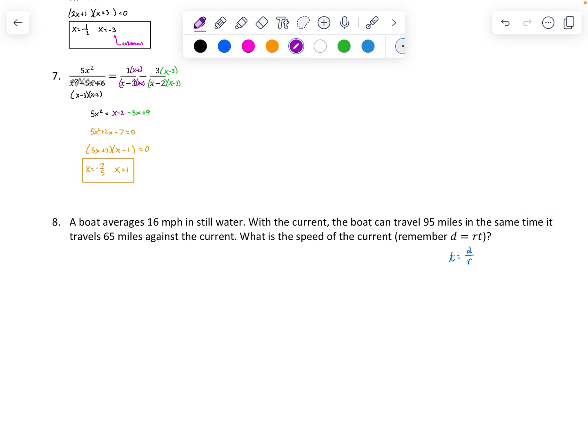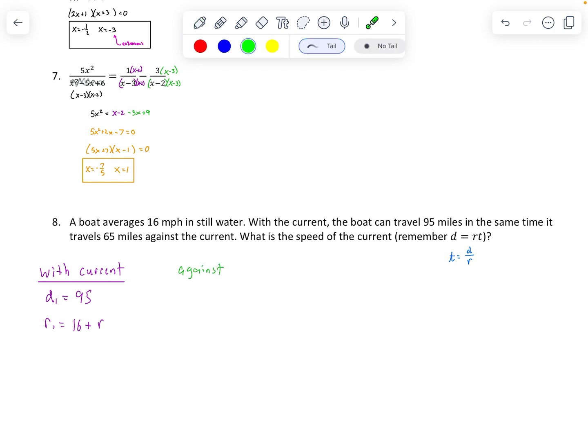We have with current. So with the current, our distance, I'll call it D1, is equal to 95. And our rate, I'll just call it R1, is equal to 16 plus the rate of the current, which is what we're trying to find. And then against the current,